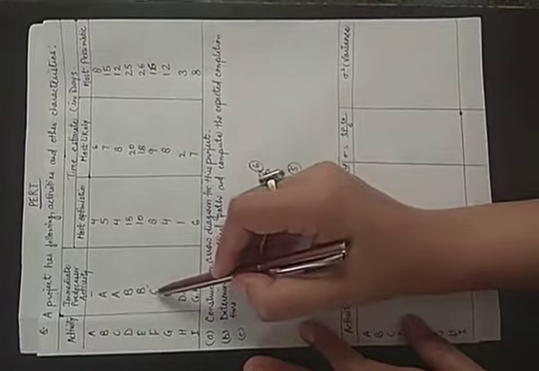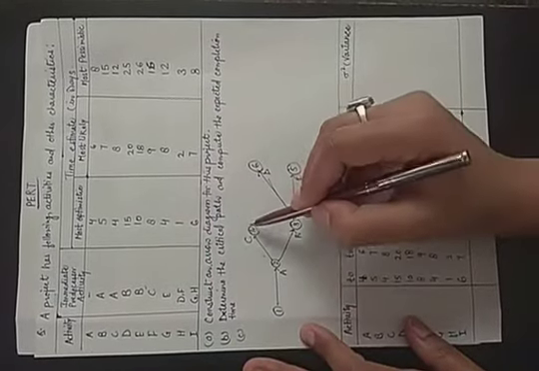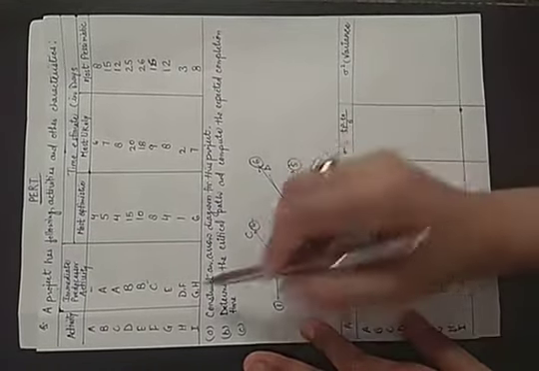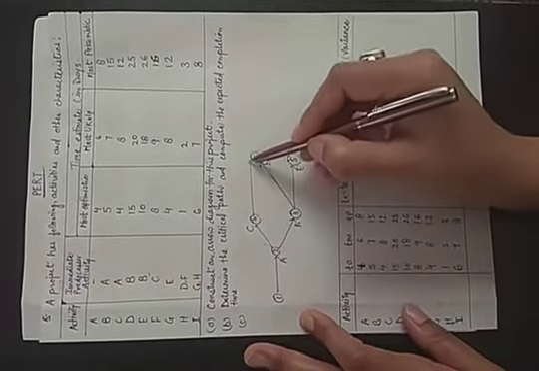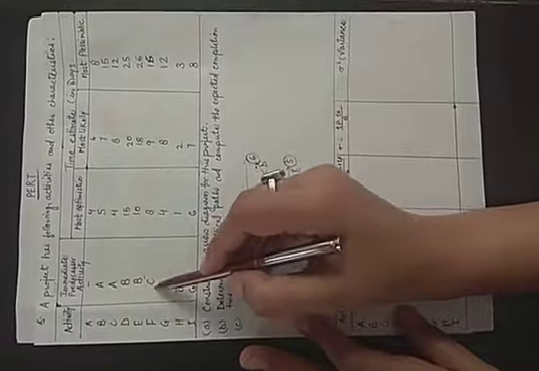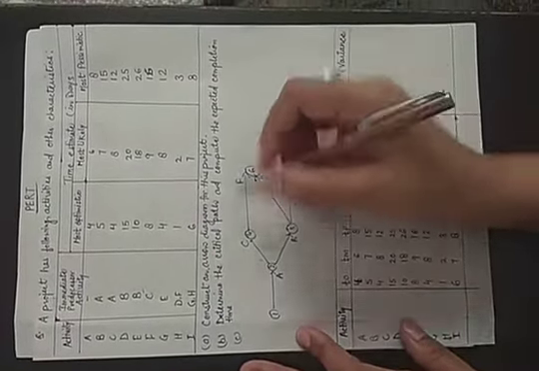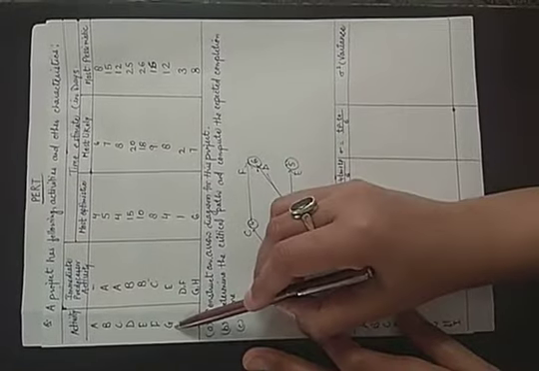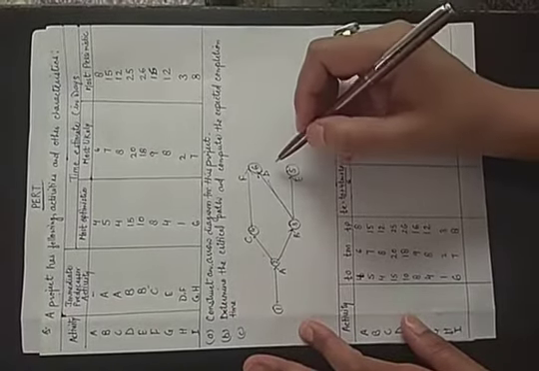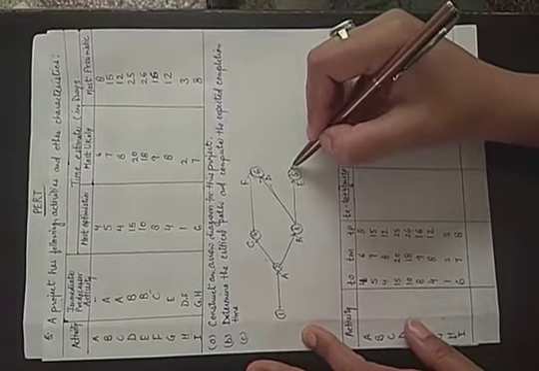Now next, C is the preceding activity of F. After C is completed, what happens? F. But D and F are meeting at a point, so we will connect it here. This is known as activity F. The next is E, which is the preceding activity of G, and G and H are meeting at the same point, so we will connect another activity.